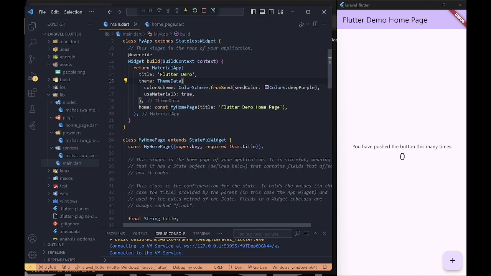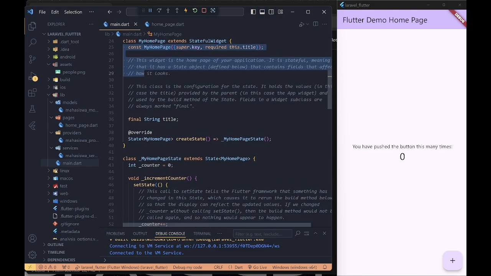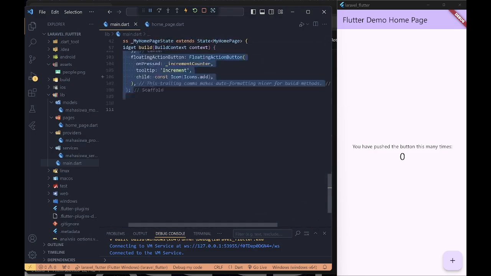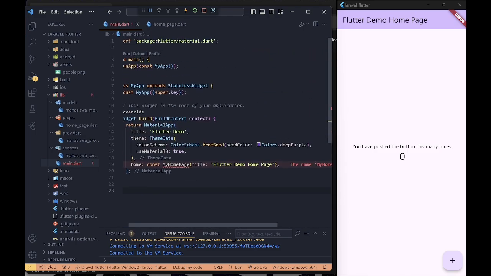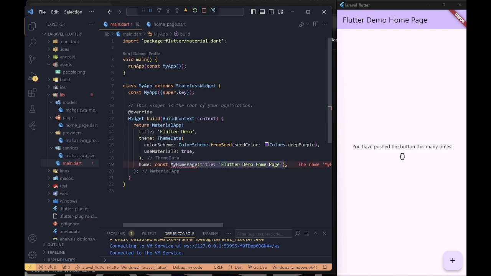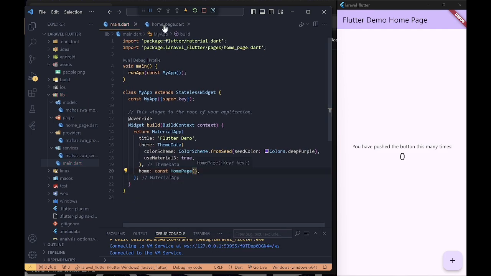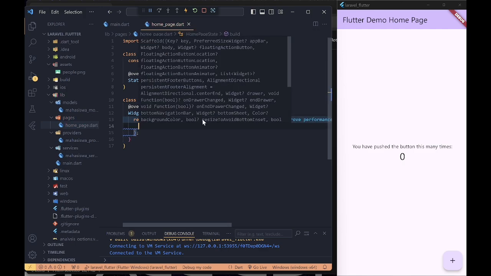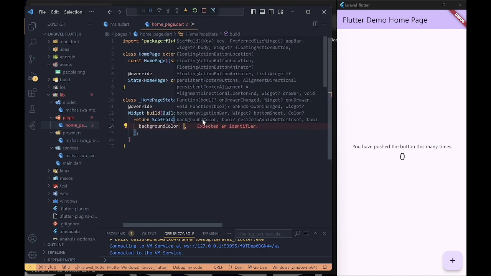The comment I delete, and then this code that I block, I delete until the end, and I keep HomePage, and then I change the return Scaffold.